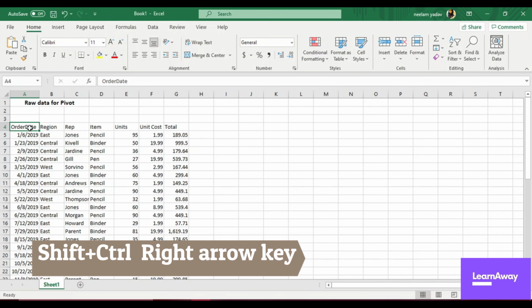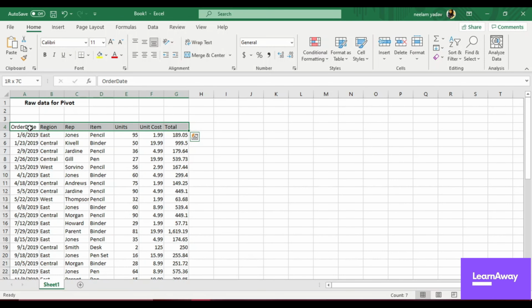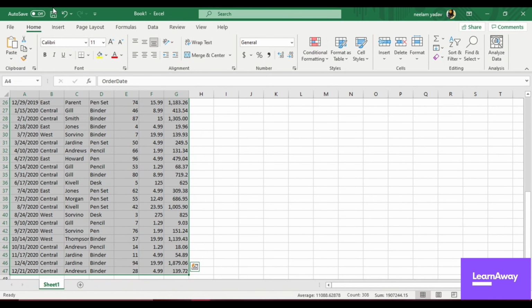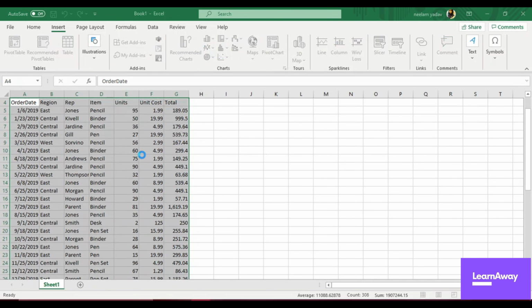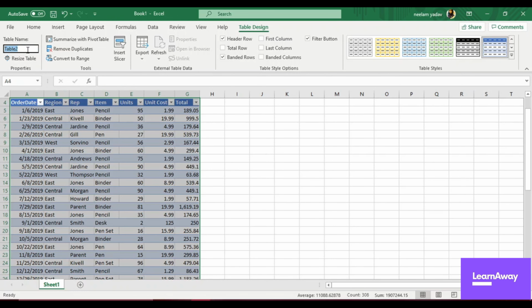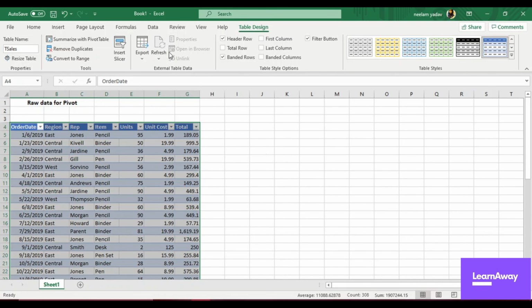So what I'll do is press Shift Control and right arrow, then down arrow. The data is selected. I'll go to insert table. It says that my table has headers. I will change this name to table sales. So now what I can do is click on here to summarize it with a pivot table, or